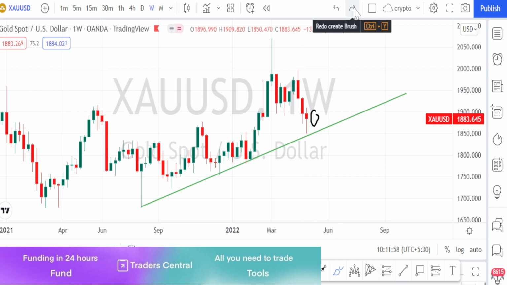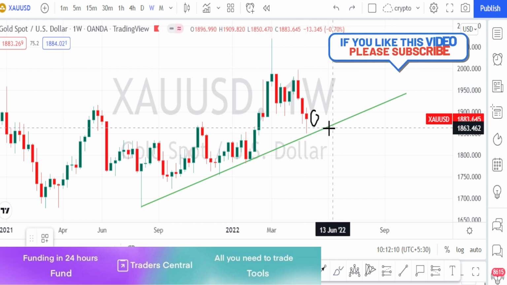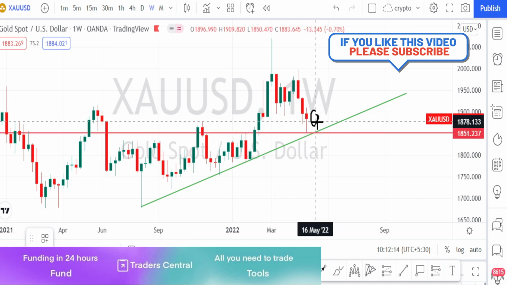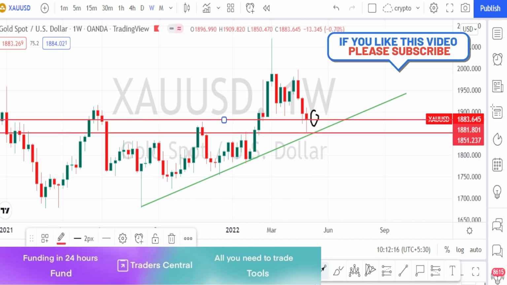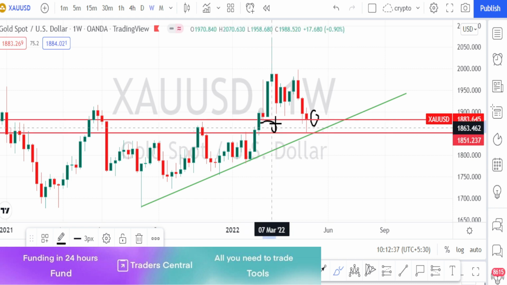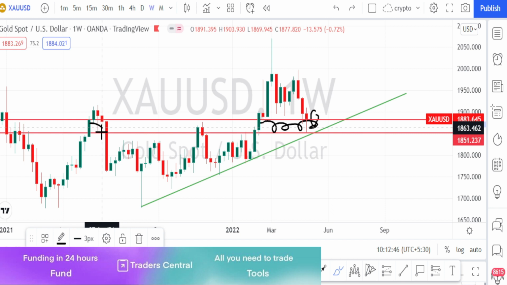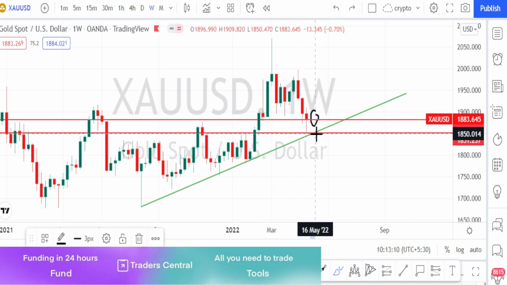And when we look at the support levels, this is the lowest level the wicks have come. When we take the body closing level, presently this whole area is acting as a support level. And when we look at the past price action also, this level had acted as a very strong resistance level. Currently it is acting as a support level. As long as there are no red candles finishing below this trend line or support line, it is still considered